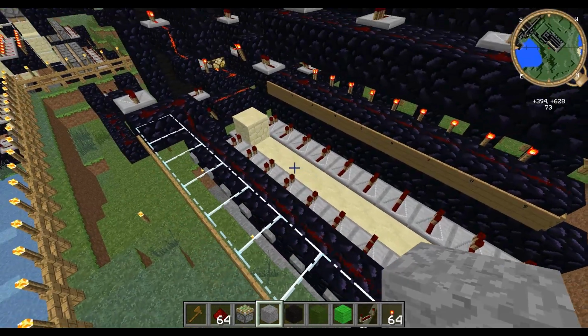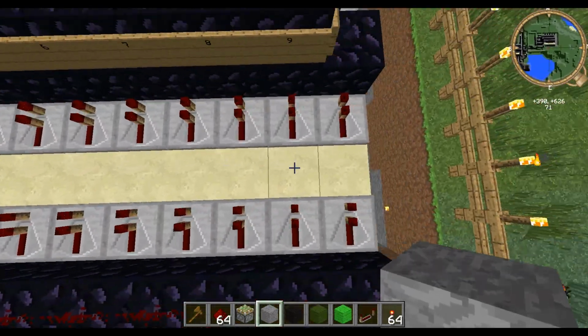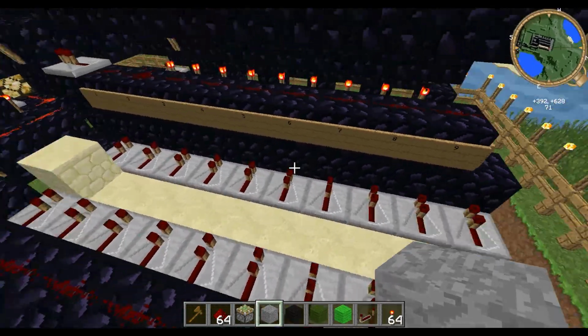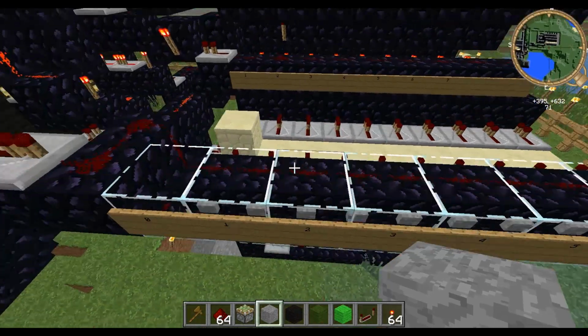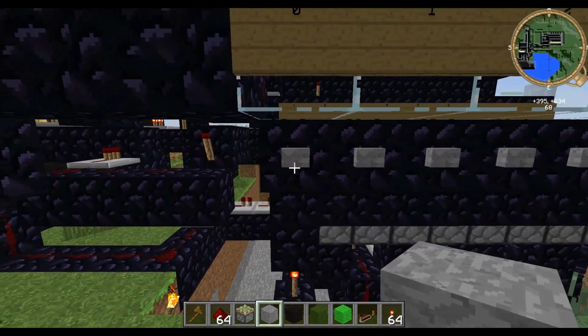And the nice thing about this is it only has 1 moving part, which is this series of pistons right here. There's a total of 10 of them. And essentially, all this does is it's a series of RS NOR latches. This is actually based on